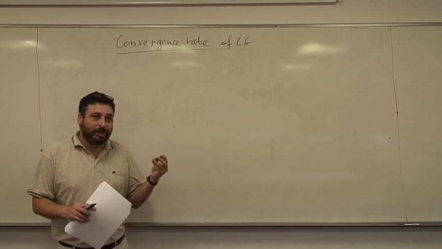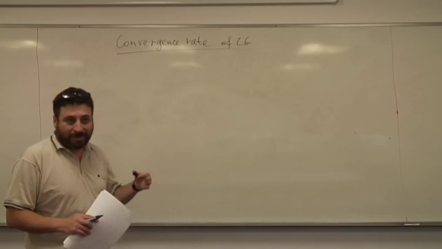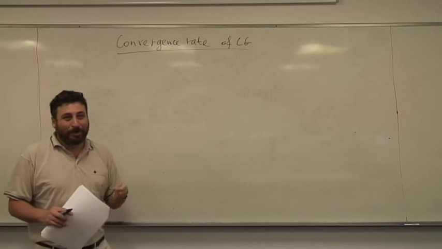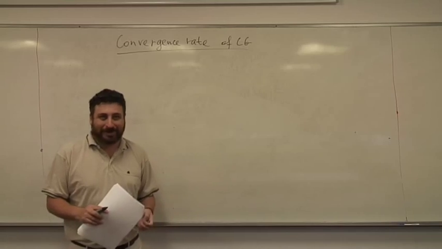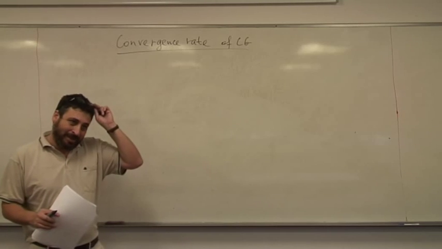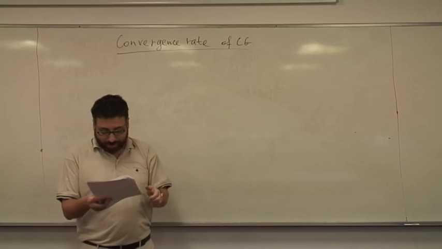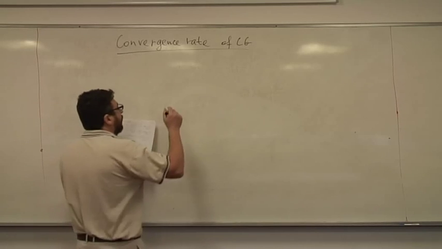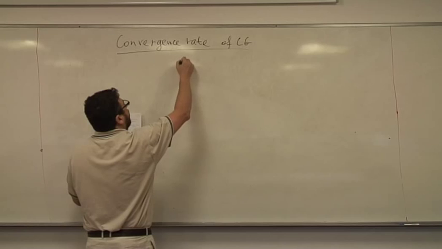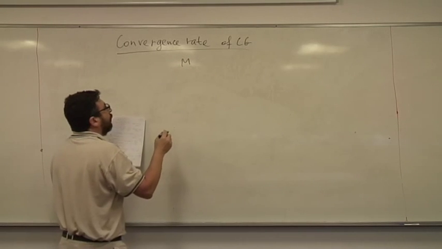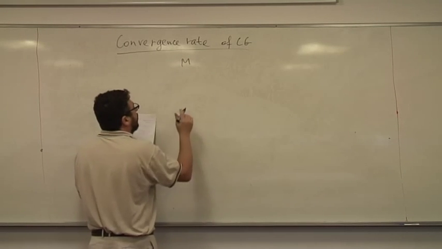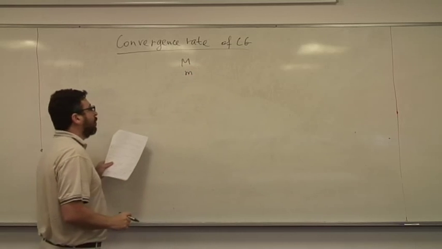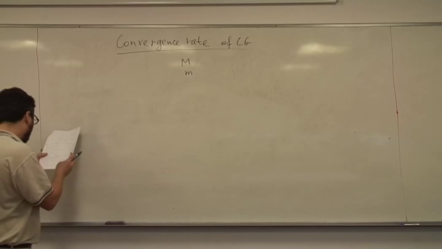But when we solve very large problems with 100,000 variables and so on, usually we don't wait till this point, and a good solution may be obtained much earlier. And one estimate: if we say that the maximal eigenvalue of our matrix Q is capital M and the minimal is lowercase m,